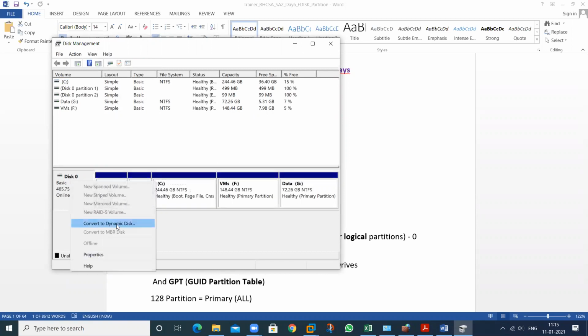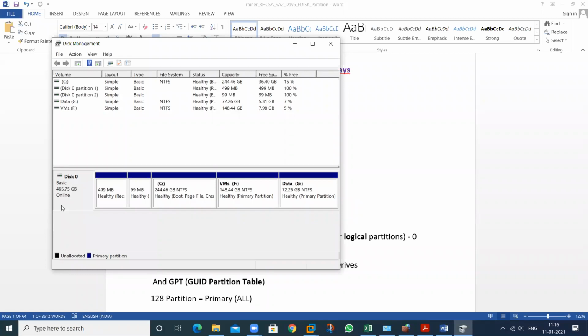If we want to change this, we only have two things. The first one is basic disk. The second one is dynamic disk. If I enable this particular dynamic functionality, we can create volumes. See here, spanned volume, striped volume, mirror volume, RAID volume. These same volumes you can use in Linux also. The disk management functionality in your Windows and in your Linux operating system, all are the same.